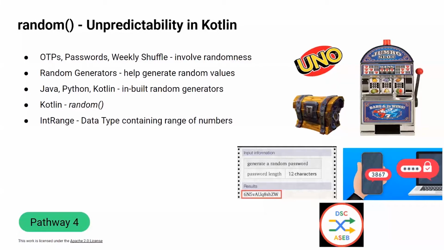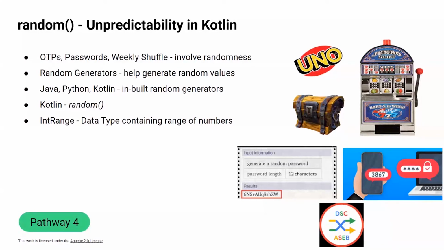Now, in the recap, we briefly looked at data types and discussed three of them: string, int, and boolean. Let's talk about a new one, IntRange. When you declare a variable and give it the data type IntRange, you're assigning that variable a range of numbers. So if I say var range equals 1..5, that means the variable range contains the list of numbers 1 to 5. Again, we'll see how this looks in the code lab. This is just to introduce you to the idea of this particular data type. And just to clarify again, the IntRange data type is basically a range of numbers.